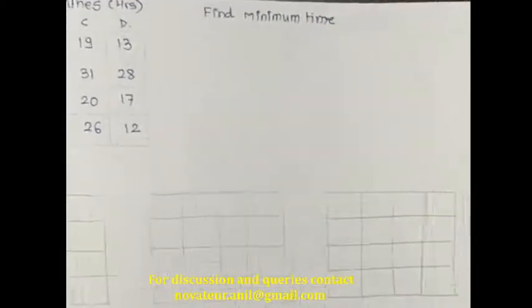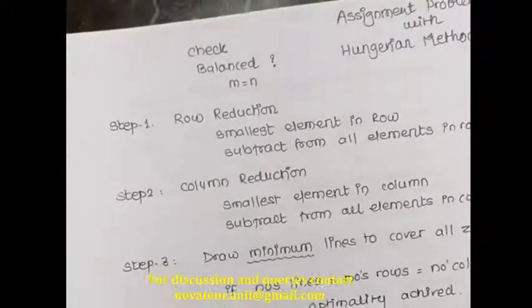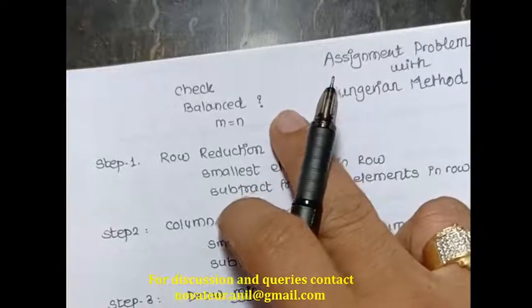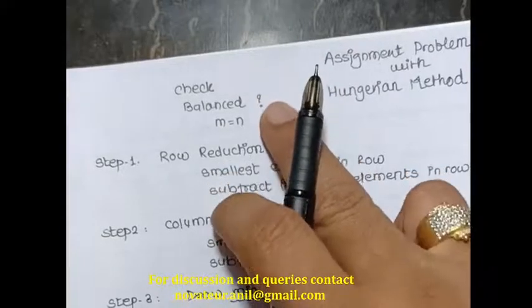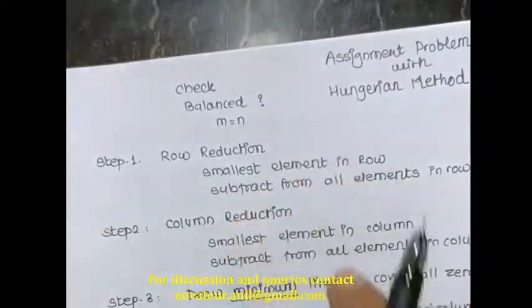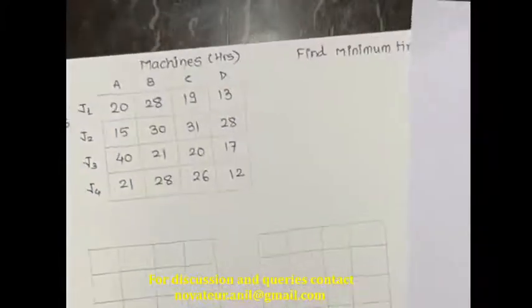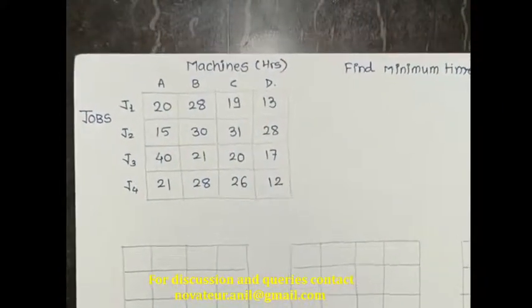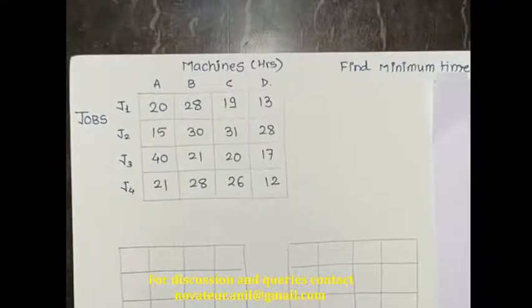To perform the assignment problem with the Hungarian method, the very first step is to check whether the problem is balanced or not. In my last lecture I told you a balanced problem is one where the number of rows is equal to the number of columns for the given matrix. As you can see, this given matrix has 4 rows and 4 columns, so we call this a balanced problem, and we can solve it. How to solve an unbalanced problem? You can check my next lecture for this.